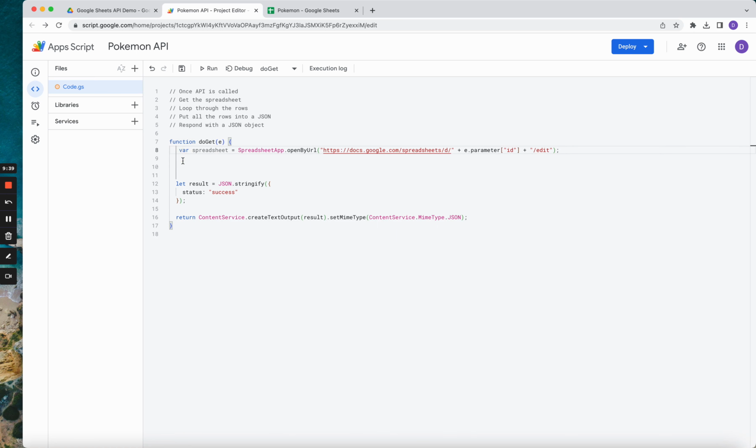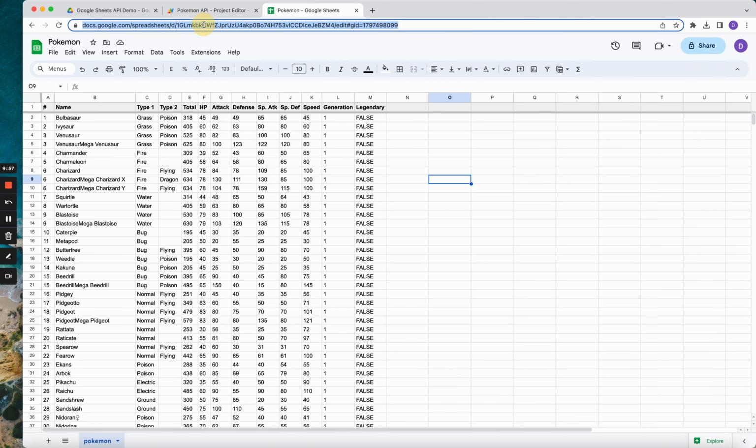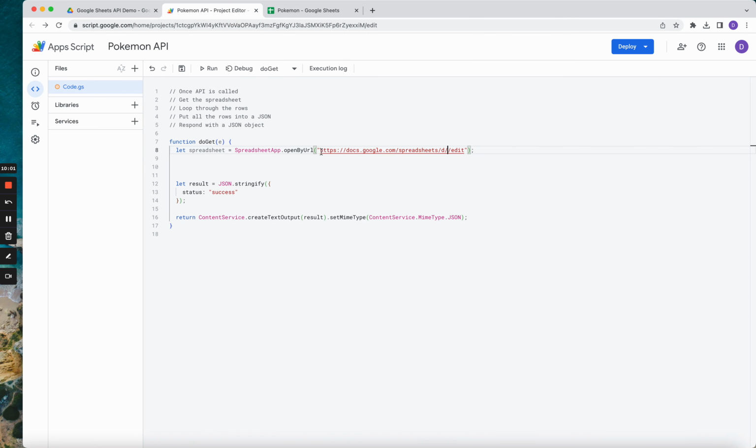What this piece of code is doing is getting the spreadsheet, using the spreadsheet app, opening a URL. In this example, we'll just get this specific URL rather than allowing anyone to pass a URL. So we get the spreadsheet,